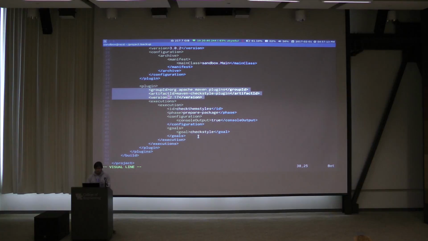So I just specify that I want the plugin with its group ID, and now if I want it to automatically run, I have to tell it when. So you do that with this executions thing, and you give it whatever name you want. And I'm saying the phase prepare-package is where I would like this to run. And the goal is going to be checkstyle.